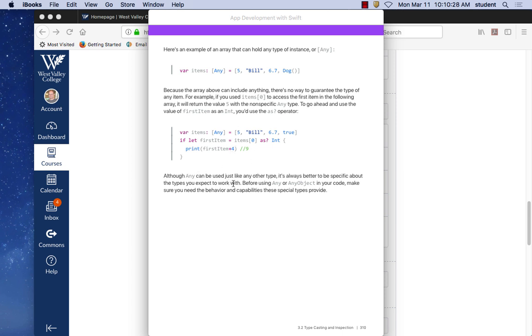Although Any can be used just like any other type, it's always better to specify the type you expect to work with. Before using Any or AnyObject in your code, make sure you need the behavior and capabilities these special types provide. Again,